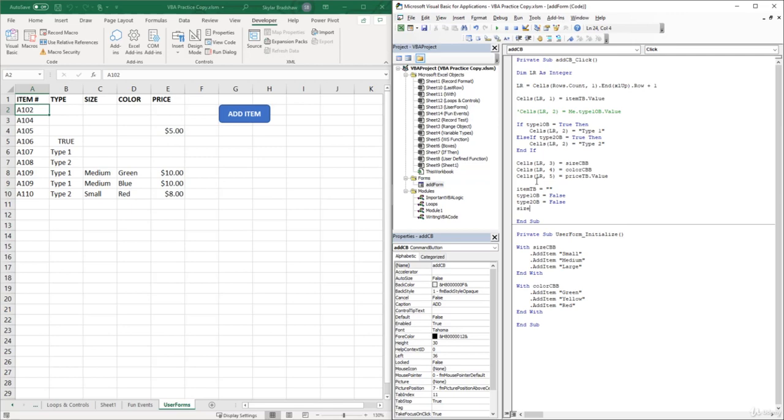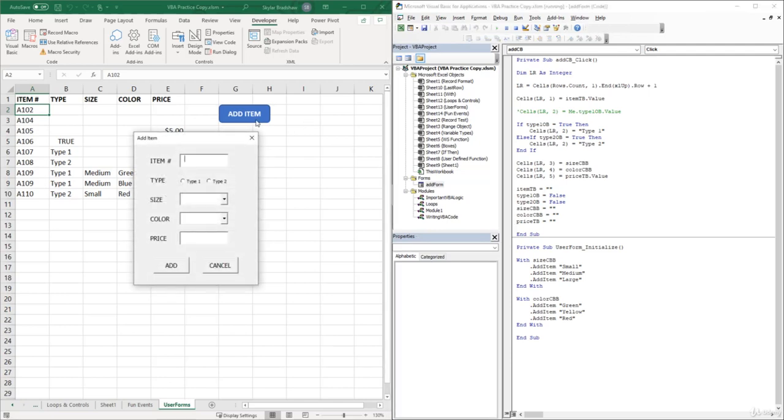And then the size combo box equals blank. Color combo box equals blank. And lastly, the price text box equals blank. And that's it. So now if we go back to our user form, fill out the controls,